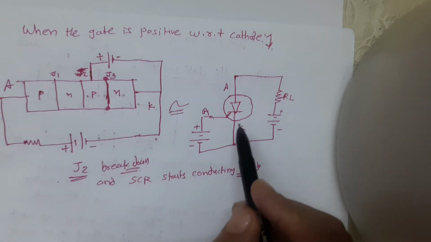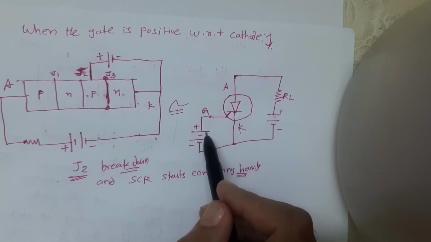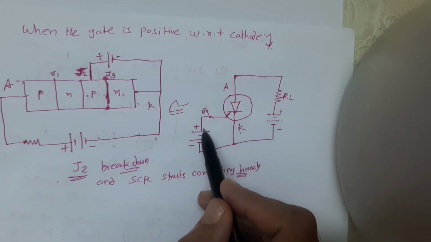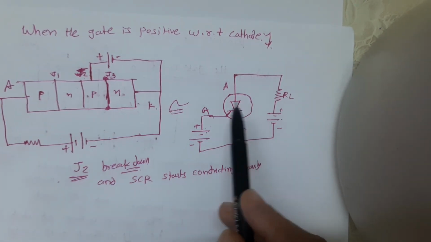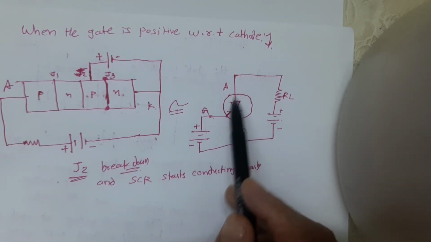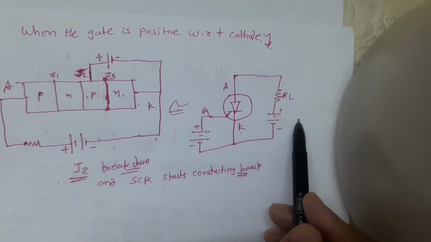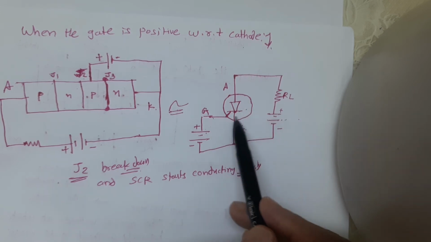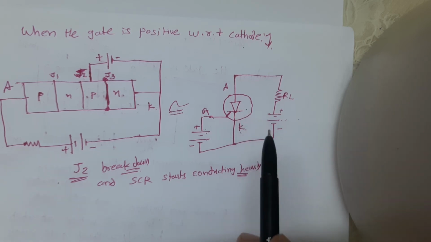That means here what happened, when we are connecting gate voltage here, right? A very small amount of gate voltage is connected here. Here there is a supply voltage, right? When we increase this gate voltage up to 1 or 2 or 3, then the junction J2 breaks down and the electron flows. Hence the current passes through the SCR and the SCR is switched on. There is a very small amount of voltage, up to 6 or 7 or 8 volt depending upon which type of SCR we are using, right? The SCR starts conducting. That means SCR is in switched on condition.